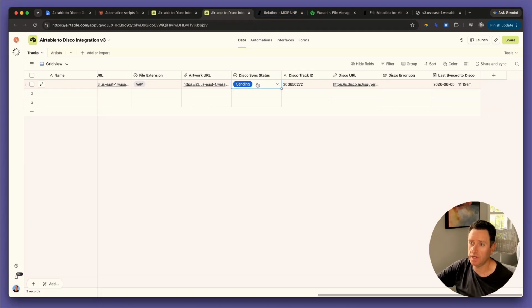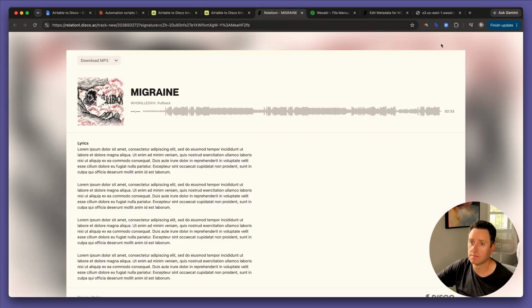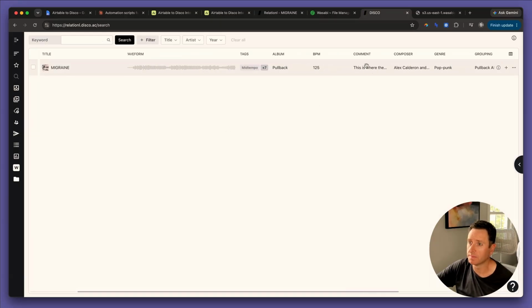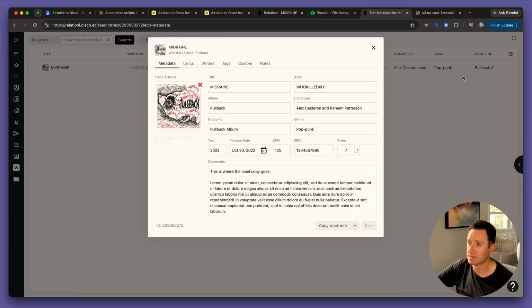Now you can see it's working. It's synced. It logs a new synced timestamp. Everything else stays the same, but we come in and refresh. And now you have your updated comments. You see, this is where the label copy goes. You've got your composers. And now you can manage your Disco library from within Airtable,